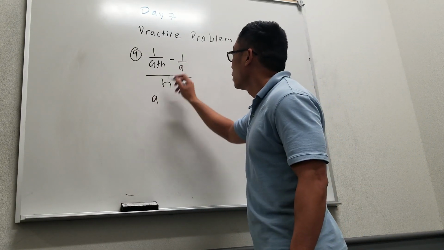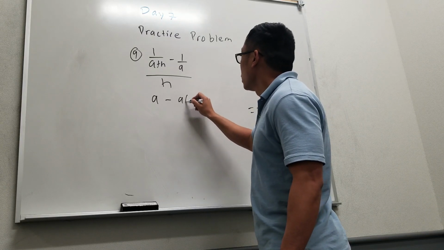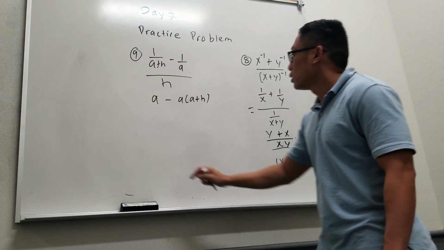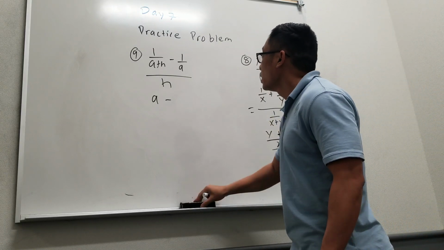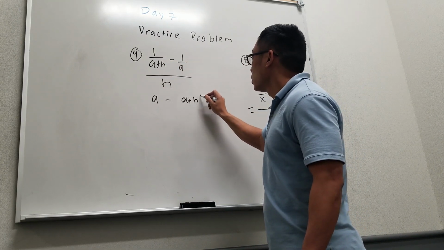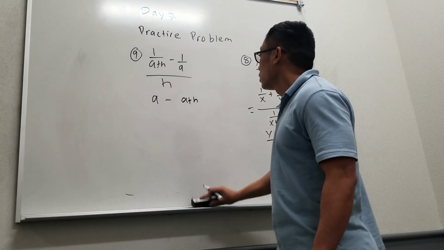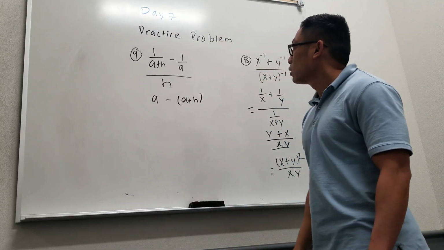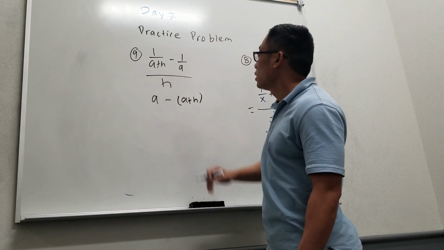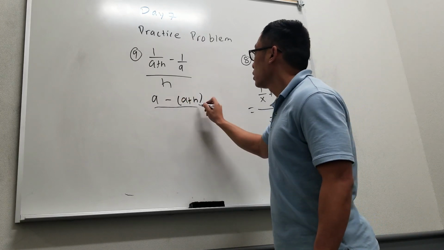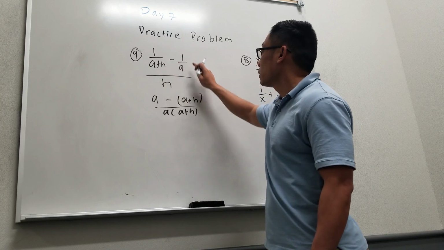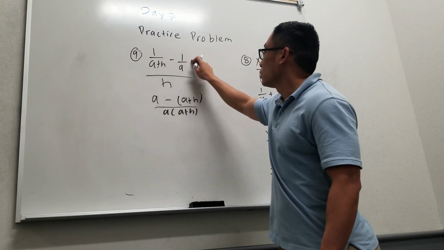You have a, right? Then you have a plus h. That makes sense? Oh yeah, what's wrong with me? So this one needs an a, and this one needs to multiply by a plus h. Now what's the LCD? I'm just working on the top, right? The LCD on the top is a plus h, isn't it? This one is missing an a, and this one is missing a plus h, so I multiply this by a and multiply this by a plus h,